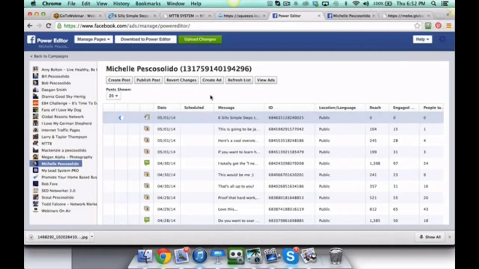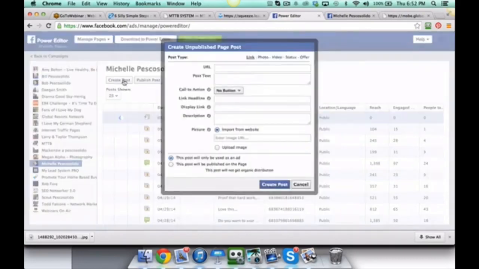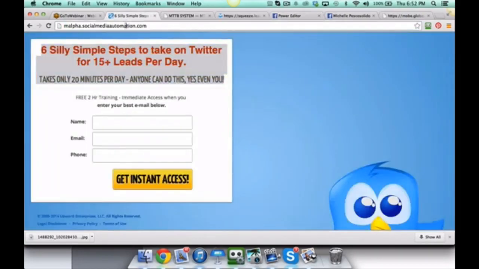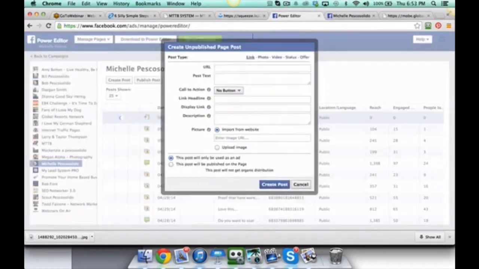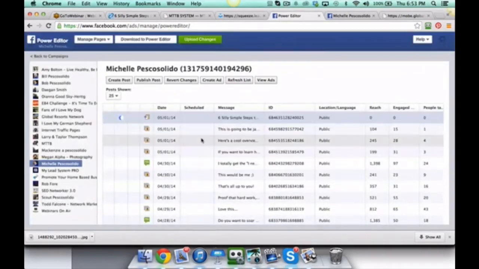But you also want to take the next step after creating that dark post and create an ad based around that post right there. So again, let's just say now I'm going to create another post with that same URL, but now I want to come in here and put a different text to see what works better, or maybe a different call to action button. This is the reason why you would want to do this, and then you can come in here and click